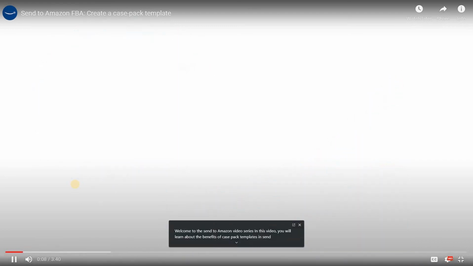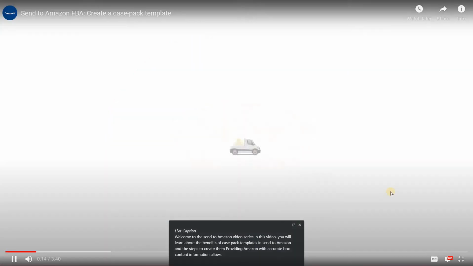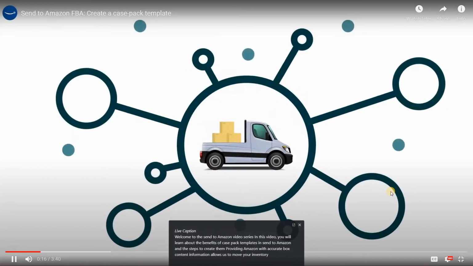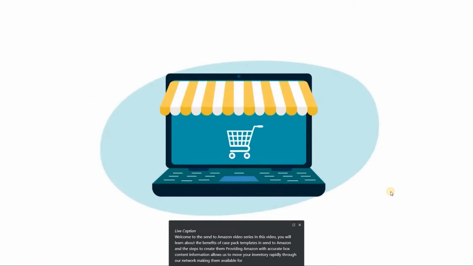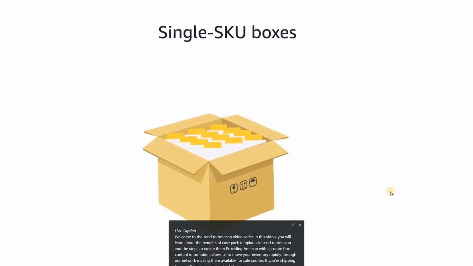send to Amazon and the steps to create them. Providing Amazon with accurate box content information allows us to move your inventory rapidly through our network, making them available for sales sooner. If you're shipping boxes with one or more units of the same SKU, we recommend that you